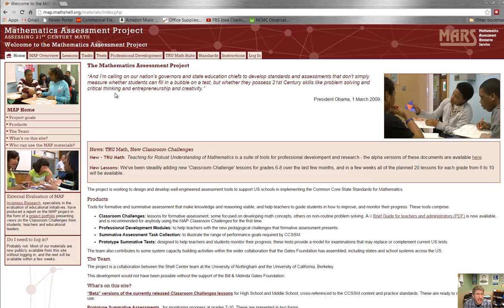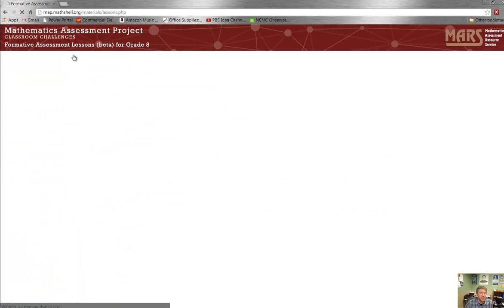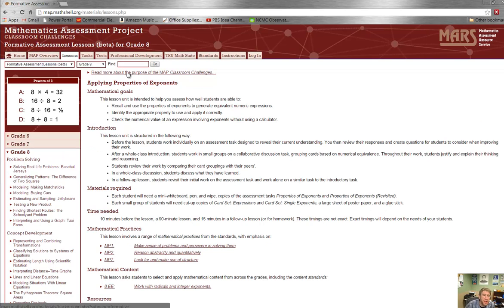What we want to do is take a look at these incredible lessons. These are wonderful lessons for teaching mathematics in a very inquiry-based, formative assessment way, so you can see what your students know besides just giving them a test. It really allows them to get deep into the mathematics, and that really covers the new Common Core standards. So first thing, if we click lessons, we can read more about the purpose of the